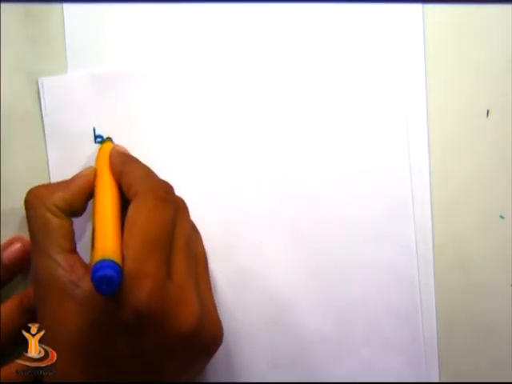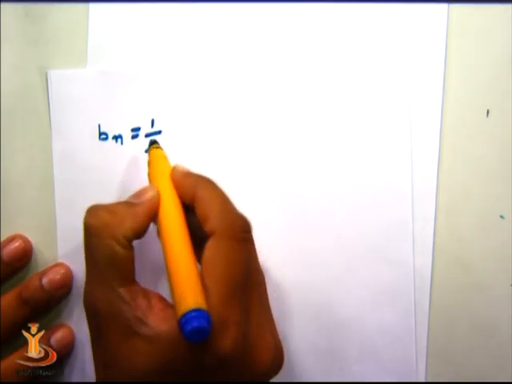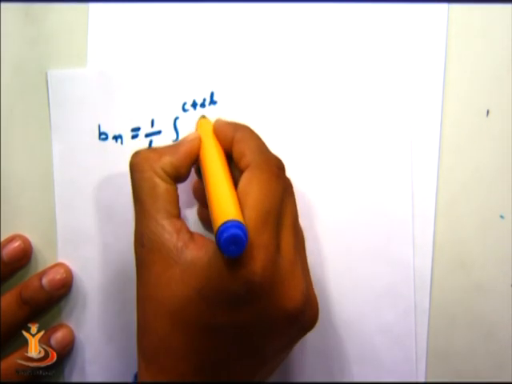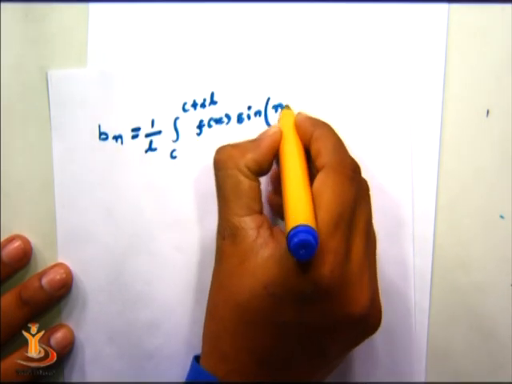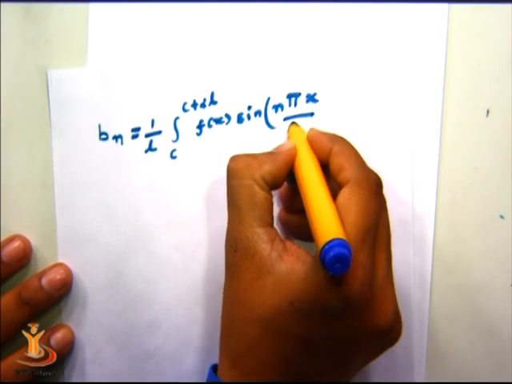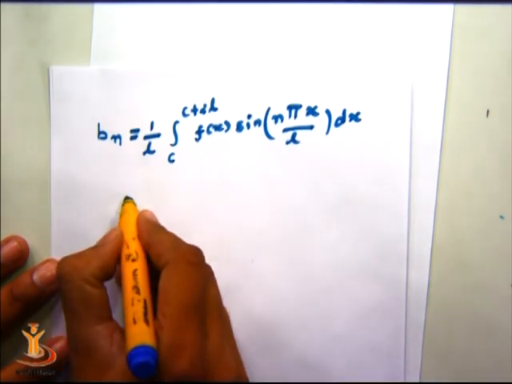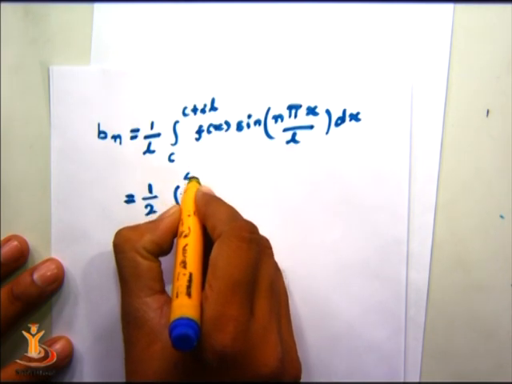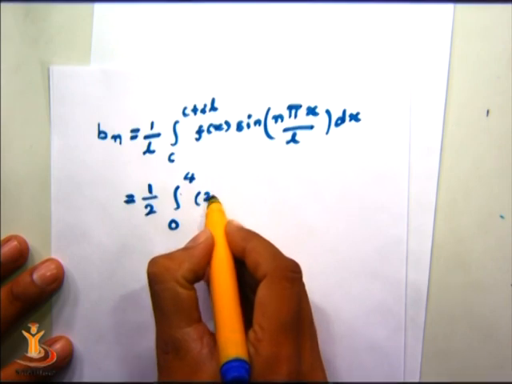So for the bn function, the formula of bn is 1 by L integration from c to c plus 2L f of x sine n pi x by L into dx. L equal to 2, so 1 by 2, integration limit is 0 to 4, f of x, that is 2